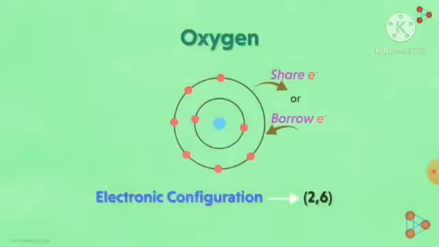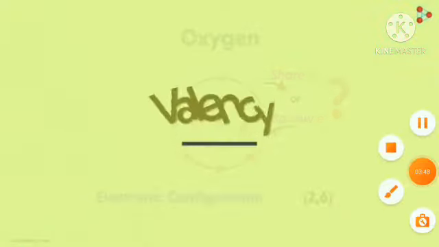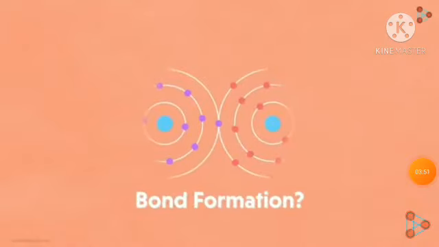Now you tell me, how will the atoms decide how many electrons are to be given or accepted? How will they understand that electrons need to be shared with the other partner? Who decides all this? Well, the answer to all these questions is, why does bond formation take place? Can you give me the answer?